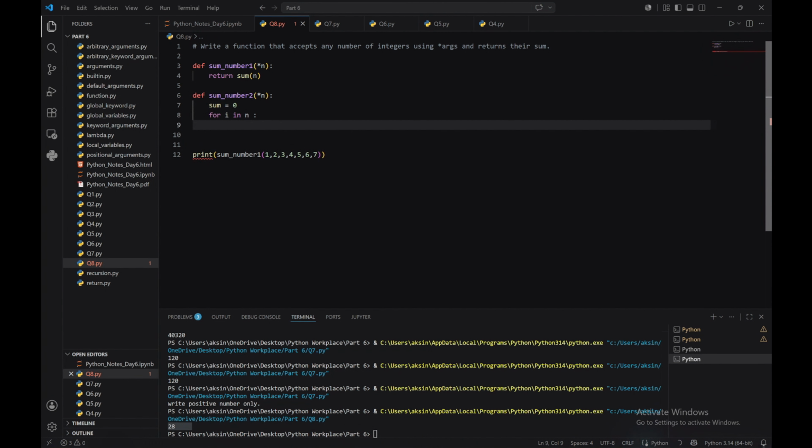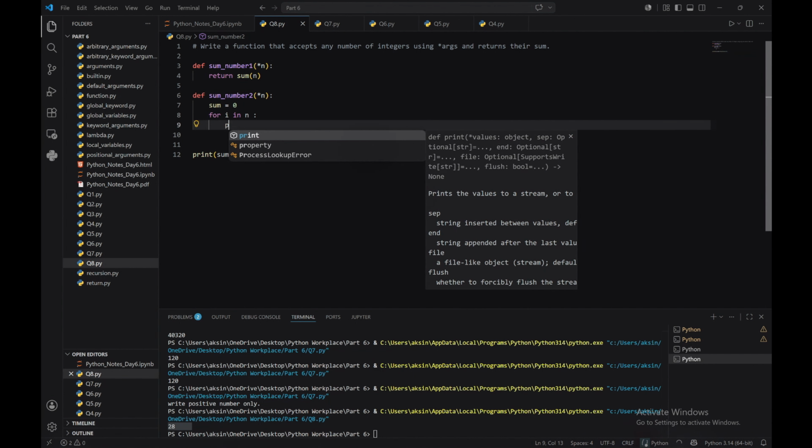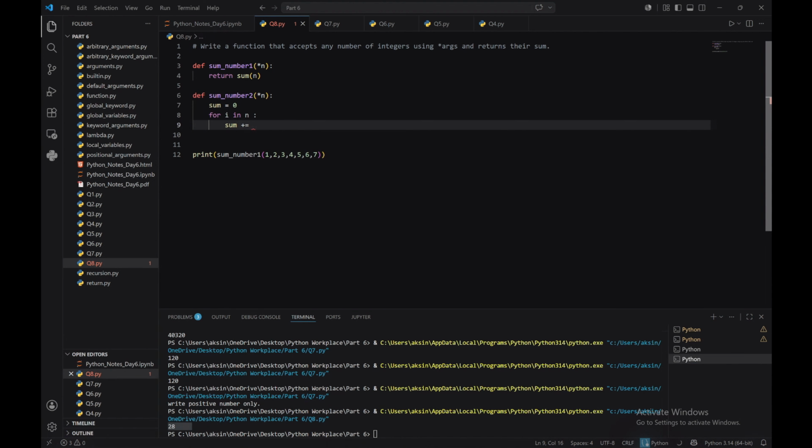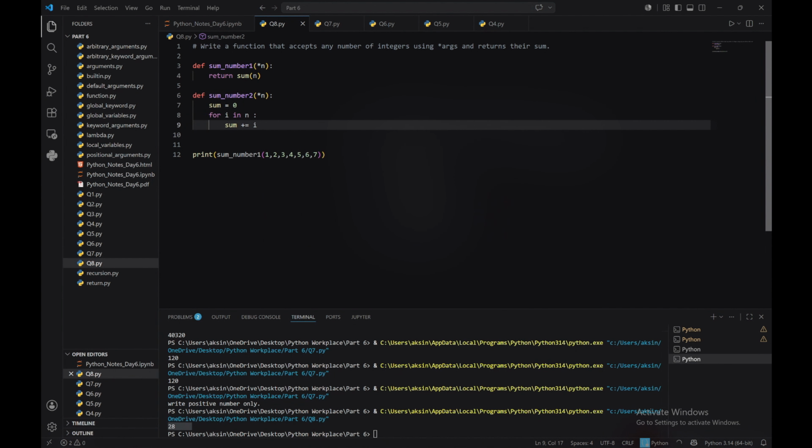and as you can see we are going to compute sum plus equal to i. After that, return sum,